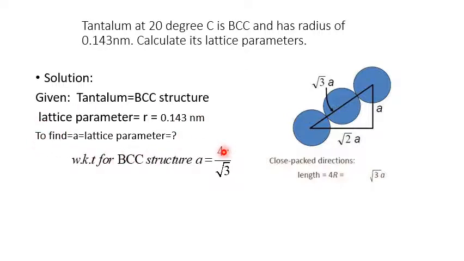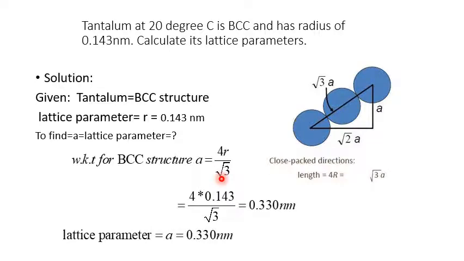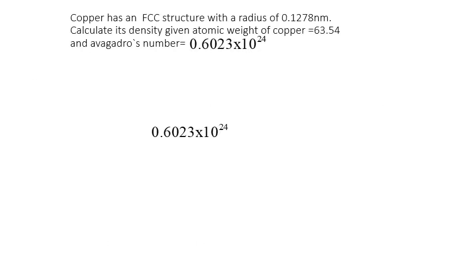So how to correlate the A and R? You have to draw a simple sketch for this one, and we can write A will be equal to 4R divided by root 3, and it's a simple one. Substitute the R, so we will get the A in terms of nanometer. Okay, a simple one again for 4 marks, or in competitive exams you will get it for 2 marks. Okay, so the next question,